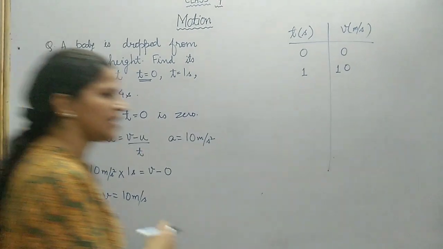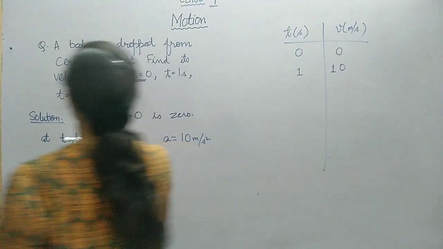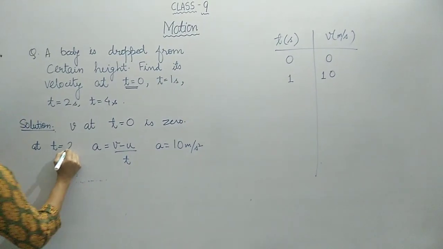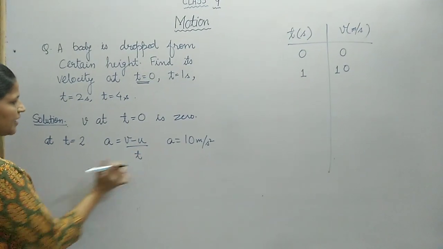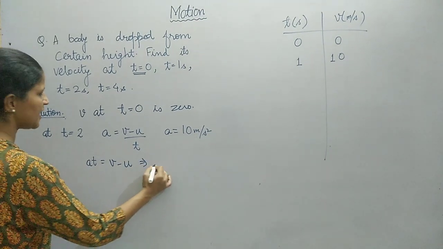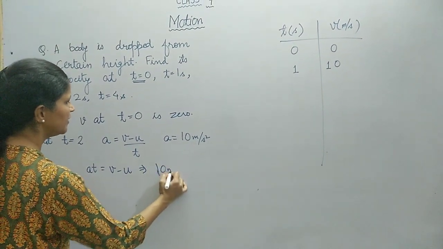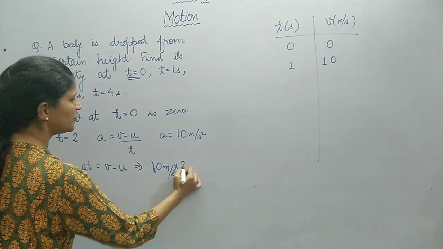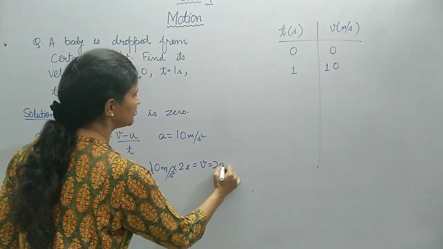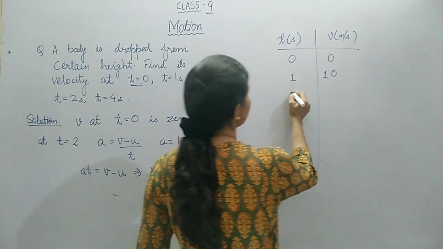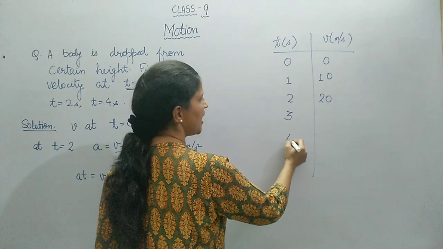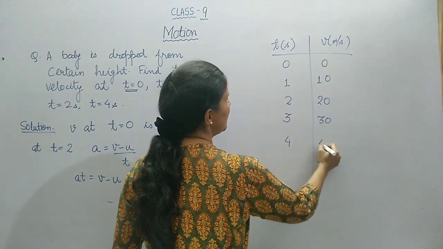Then for t equal to 2 seconds, the formula remains the same. a is equal to (v minus u) upon t, and we get at is equal to v minus u, which means that 10 meter per second square multiplied by 2 seconds is equal to v, which is equal to 20 meter per second. So at t equal to 2 seconds we get 20. Likewise, if you solve it for 3 seconds and 4 seconds, you will get the values as 30 and 40,